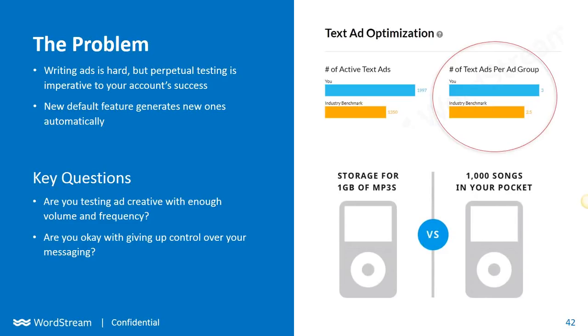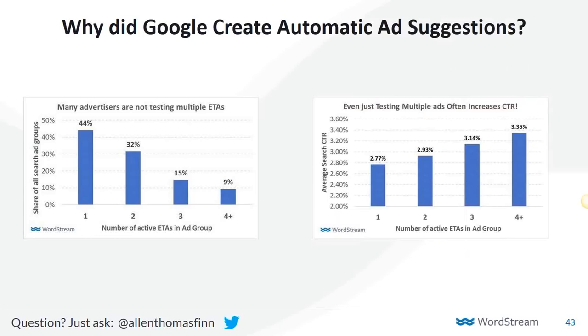So research by Google shows that ad groups with 3 or more high quality ads can get up to 5 to 15% more clicks than ad groups that just have a single ad. So currently a lot of advertisers are not using multiple expanded text ads. Our research says that 44% are only using a single ad. But having multiple ads, just by virtue of having ads to test against, can increase your click-through rates. So automatic ad suggestions